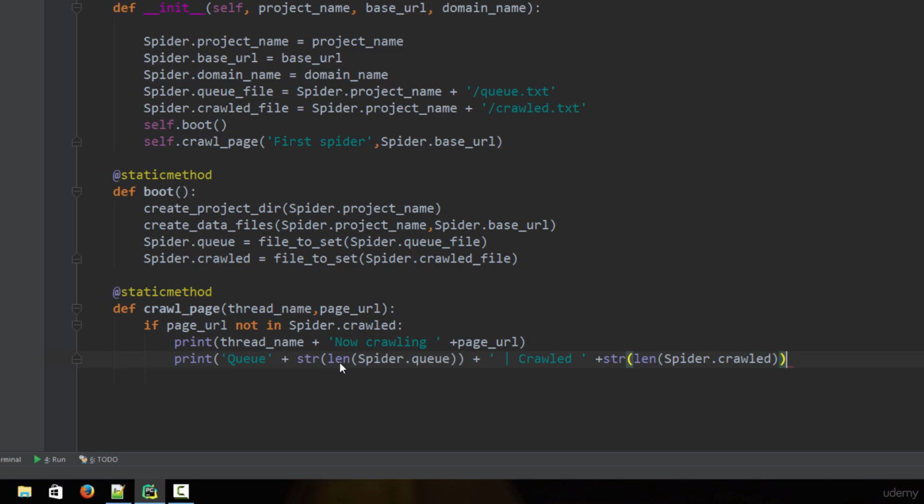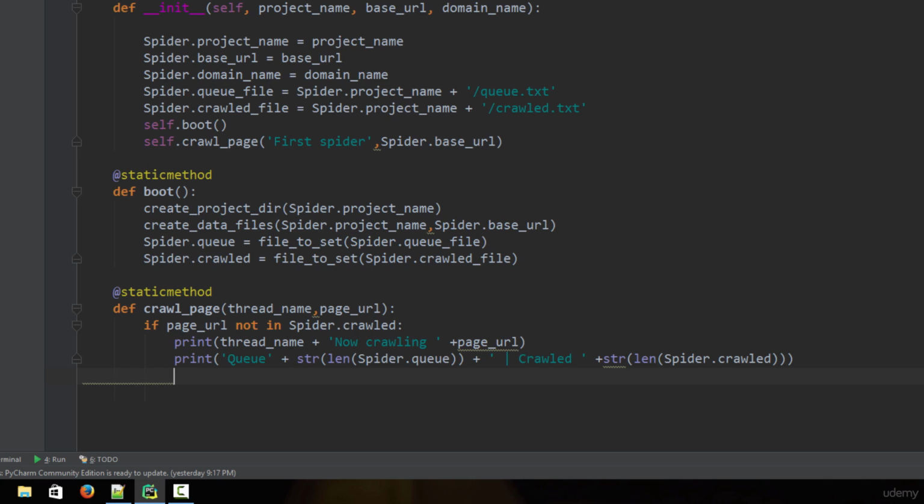So this is going to give you an idea of the number of files which are crawled at the moment. Okay, so once this thing is done, we are pretty much good to go, and let me just make sure that everything is correct, and I guess everything is right at the moment. Okay, so once this thing is done, the next thing which you need to do is that you actually need